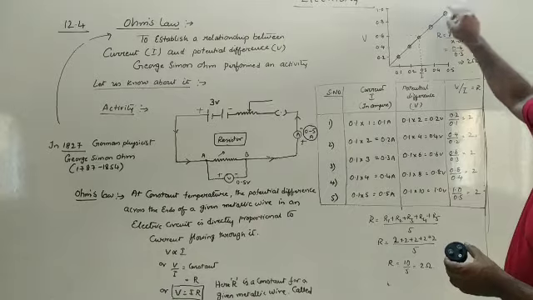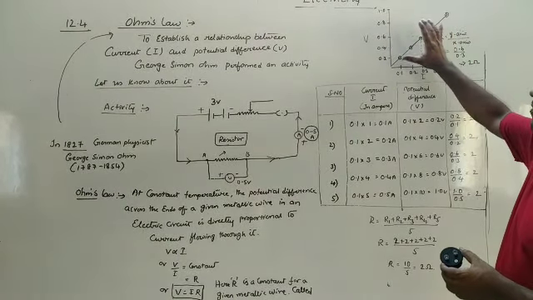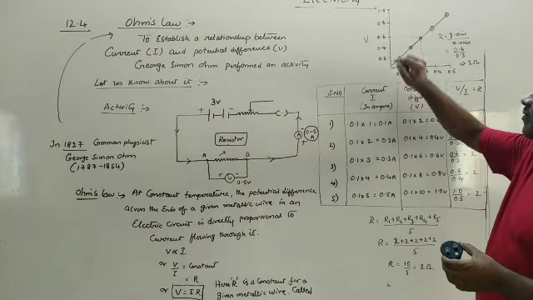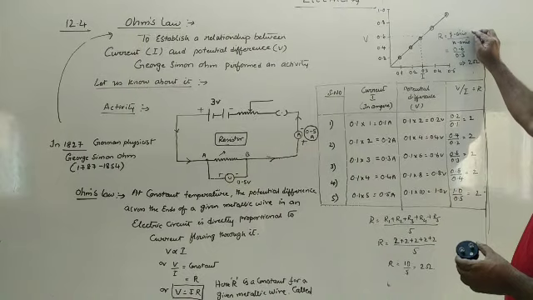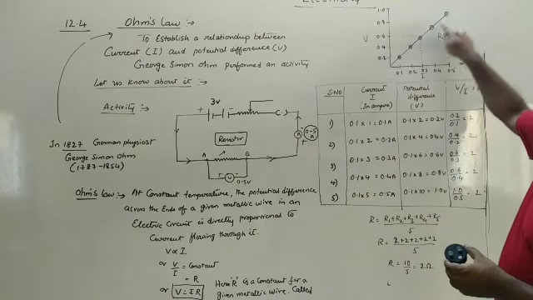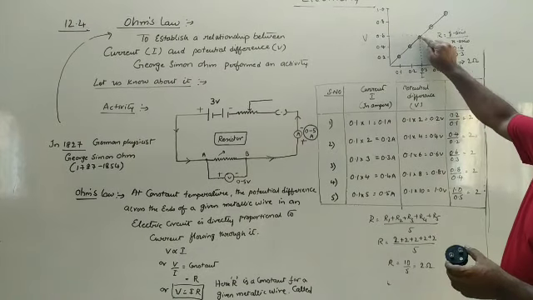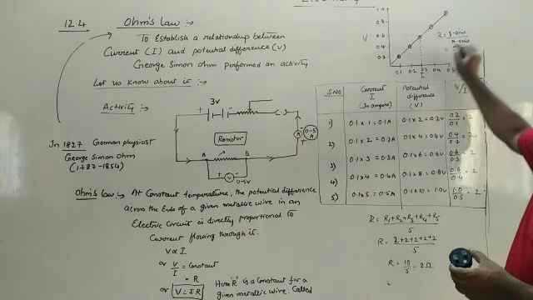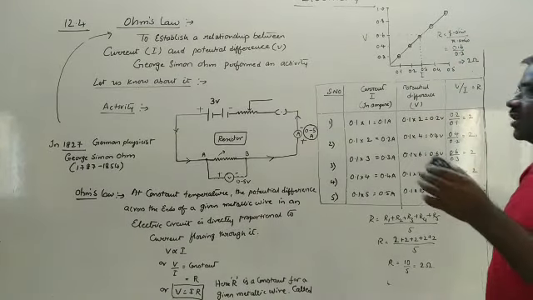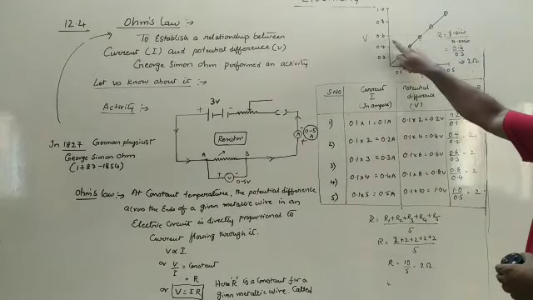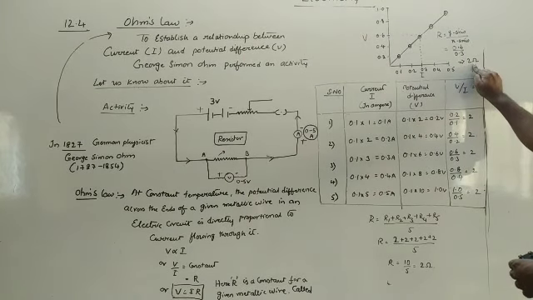So if I want to find out the resistance at any particular point, I will find out the slope of this graph. How to find out the slope of this graph? The value on the y-axis divided by the value on the x-axis. So if I want to find out the resistance at any particular point, I need to draw a line parallel to the x-axis and a line parallel to the y-axis. The ratio between these two will give me the resistance at this particular point. So here the y-axis value is 0.6, the x-axis value is 0.3, which comes out to be 2 ohms.